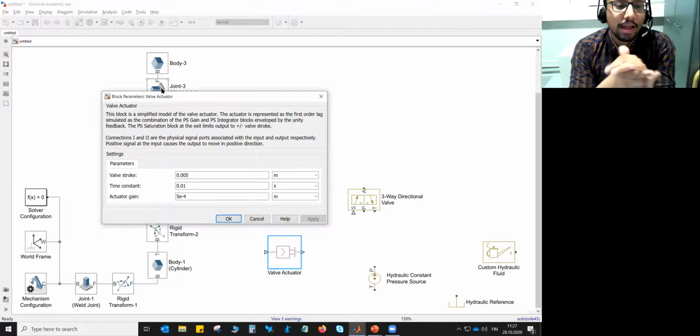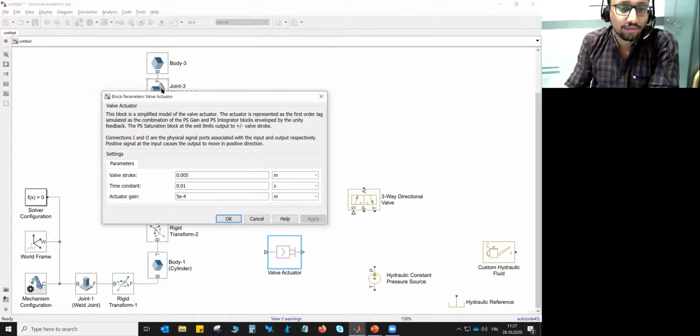Okay, and also for that we need to define some properties. So let's say the valve stroke is as it is. We will change the time constant to be 0.001. Yes. And then actuator gain can be 5 into 10 to the power minus 4 as it is,